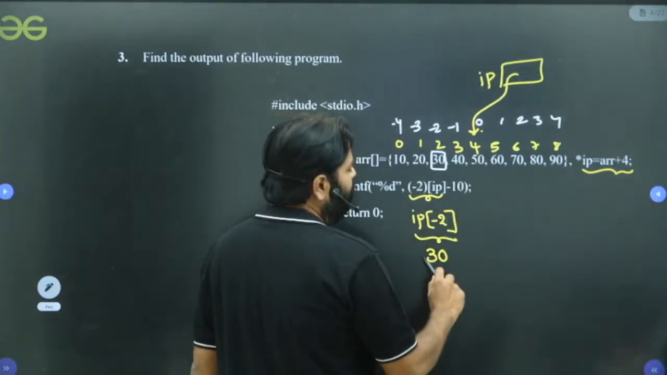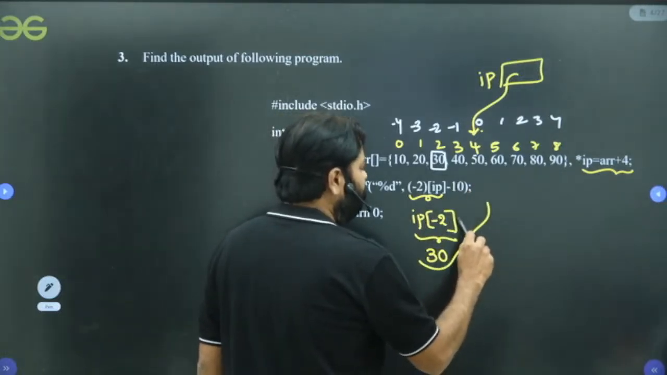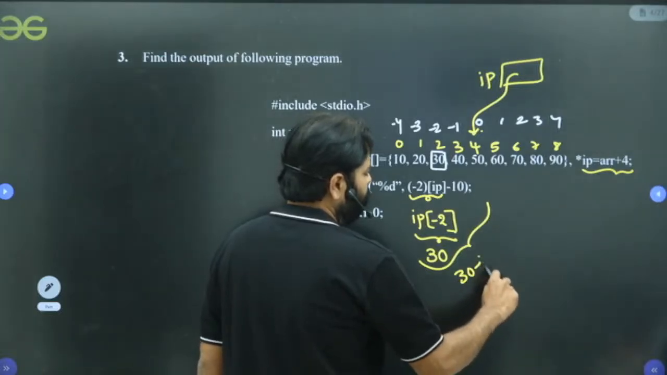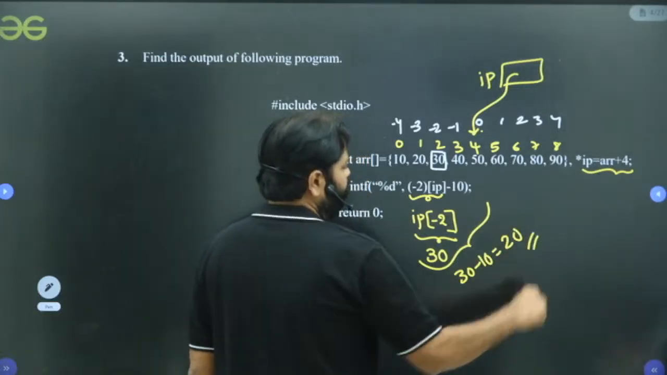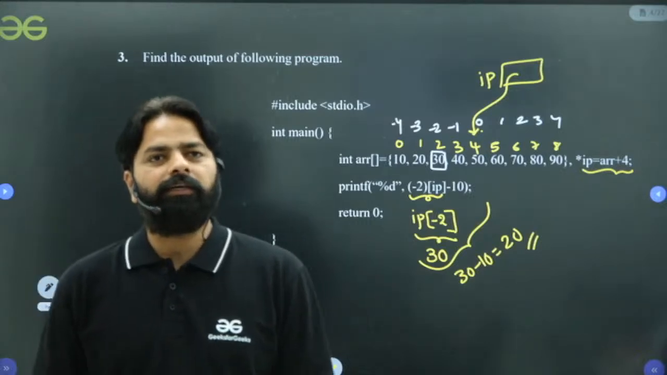और -10 करना है। 30 - 10 is going to be 20। एक्सेलेंट।